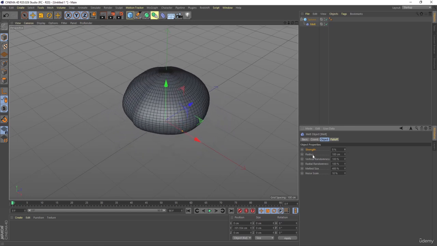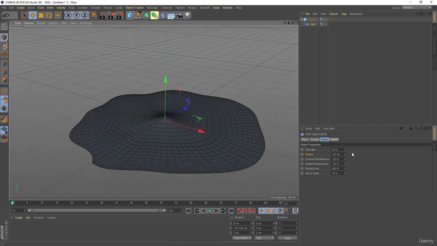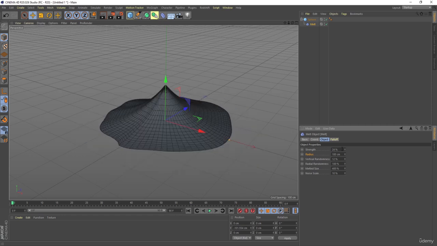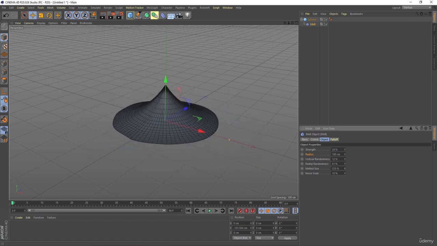Now there are some other settings also, like you can adjust the radius. Let's make this 50 so we can understand properly. Right now the radius is 100. You can set that to 50, and then vertical randomness, if you want, you can decrease that also. If you make this 25 or let's say 24, as you can see, we will get this kind of result. Then you can adjust the radial randomness and the melted size,